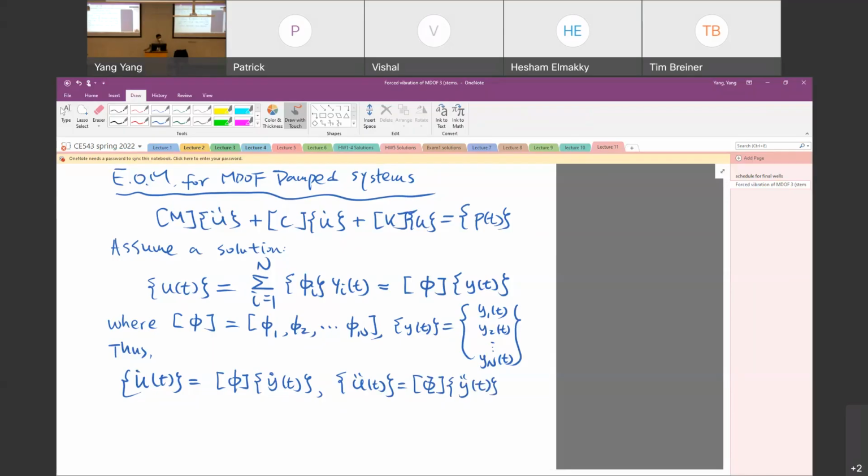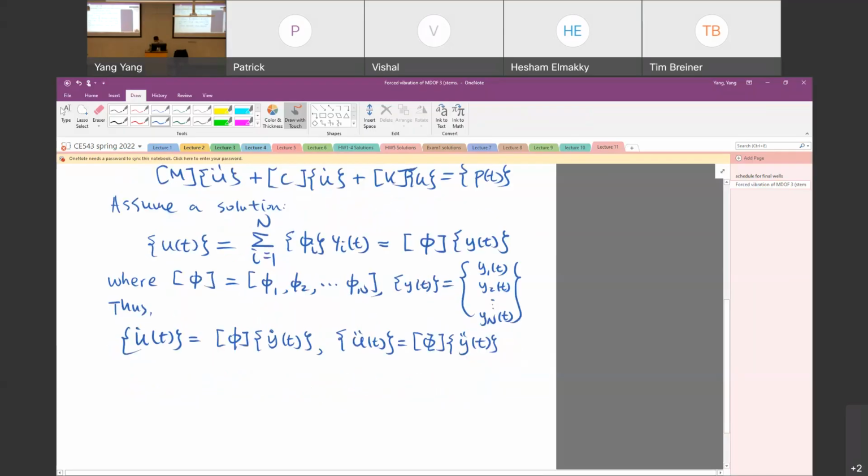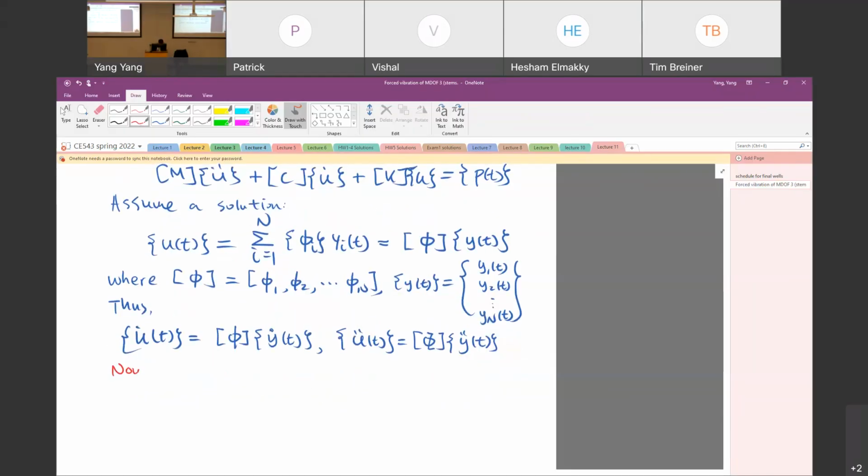Nothing fancy, because the modal shape is time independent. So now we should be able to have a new form for the equation of motion. We have the M times